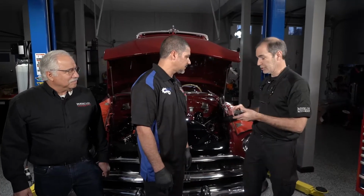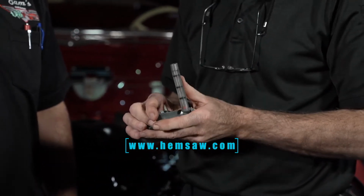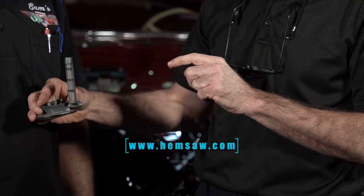Now describe the tool that you use to balance out the two carburetors. So the unisync is a very simple little tool. It just has a little bobber that floats with the air that passes through, and you can adjust how much air passes through for the particular carburetor, and it floats. And when you get it in this spot, you put it to the next carburetor and you make sure it flows the same. That's all there is to it. The magic is making sure it flows the same, not the tool, but you do have to have the tool